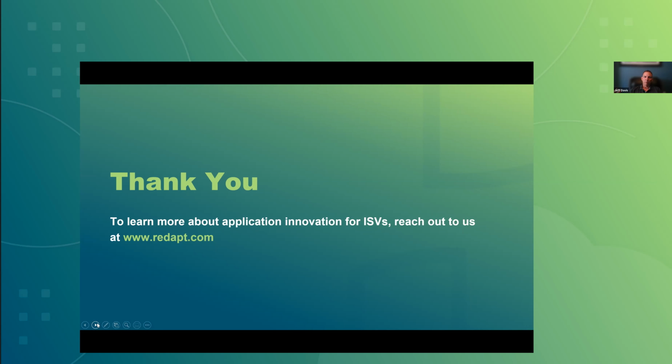You can also reach out to Redapt in the app modernization team or the MVC team to better understand how these tools can be applied to your specific scenario, and take that next step towards your multi-cloud hybrid implementation. With that, I'll turn it back over to Sarah.